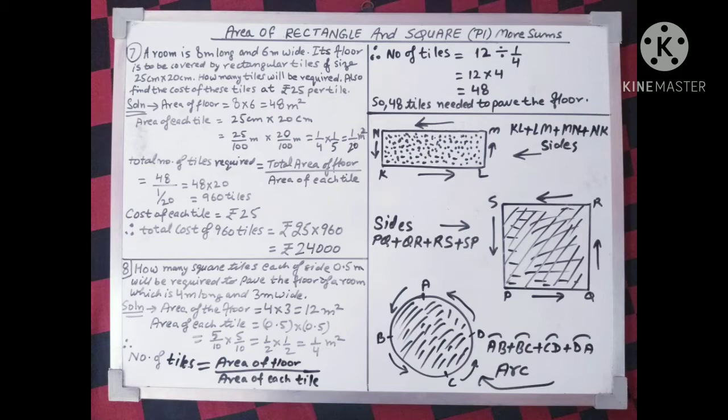And lastly I have drawn a circle with points A, B, C, D on it. So if we want to calculate the perimeter of a circle, it is known as the circumference, which means length of AB plus BC plus CD plus DA. These are the arcs, right? That is, circumference of the circle will be length of the arc AB plus length of the arc BC plus length of the arc CD plus length of the arc DA, right? And area of the circle will be the area inside this.